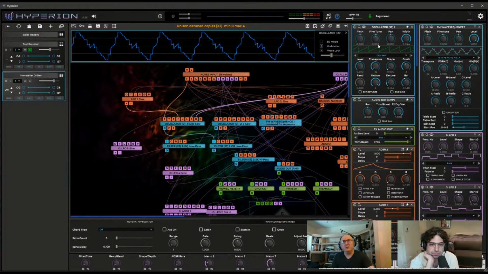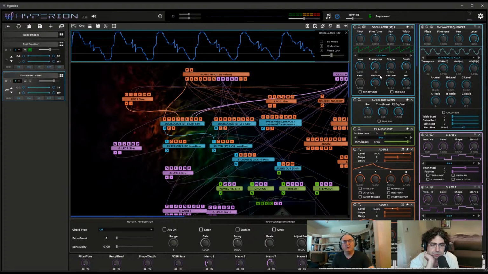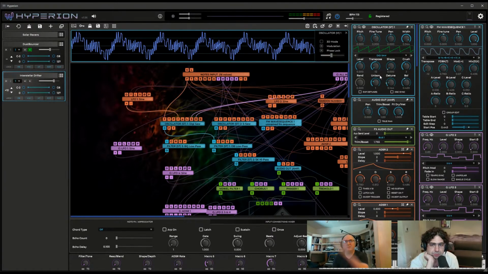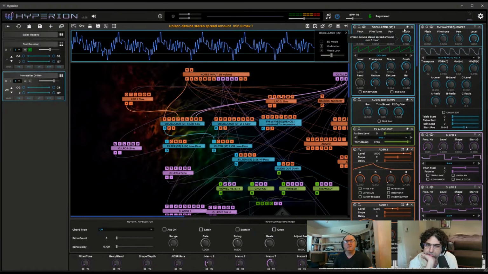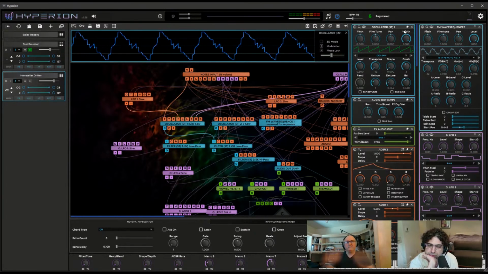So when you set it to 4, you've actually got 9 oscillators running. So you've got 8 copies of the oscillator that are spread left and right, gradually spread in both pitch and also panning. So with this width control, you've got the control of how they're spread in the stereo field,